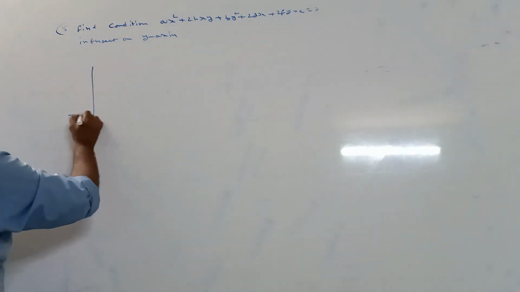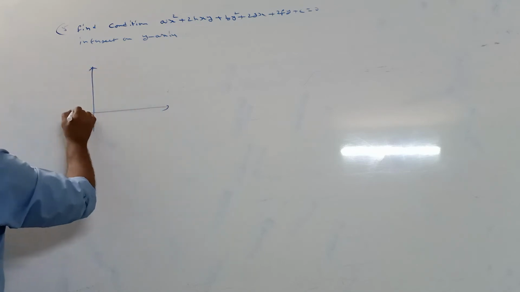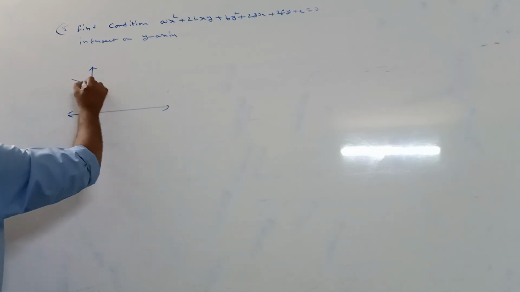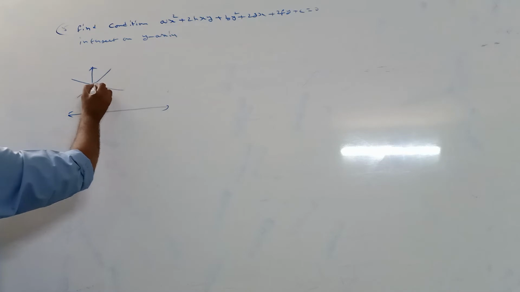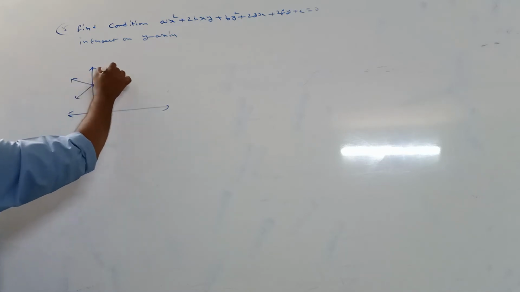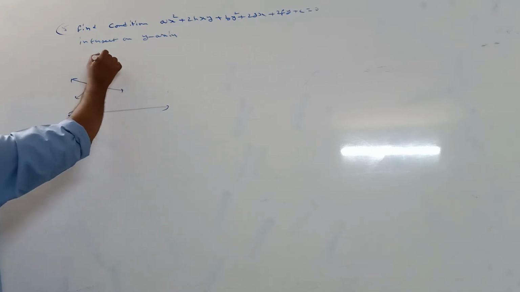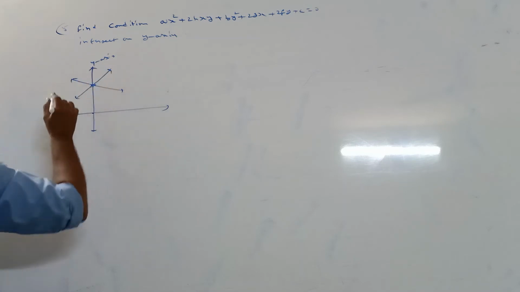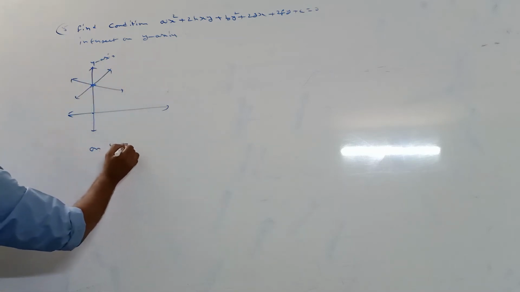So see, there are two lines which are a pair of lines. They should intersect on the y-axis. Then asking the condition on the y-axis,